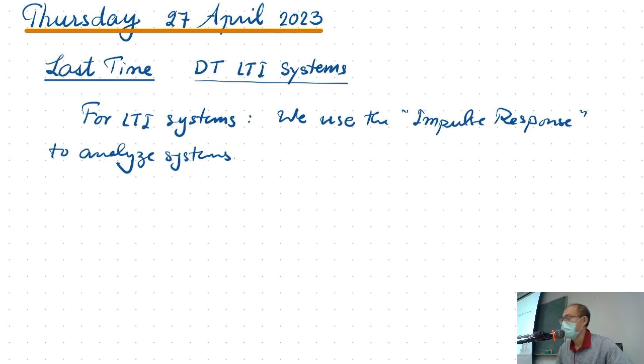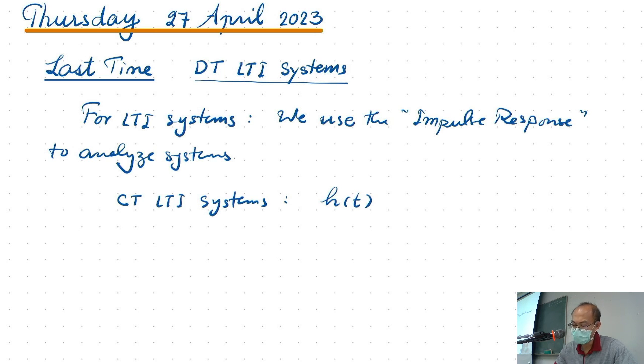Okay, in the continuous time systems, the impulse response is written as h of t. So this is for continuous time systems. Now, for discrete time systems, the notation that we use for the impulse response is h. Okay, the same h. So we will use h, the little h,